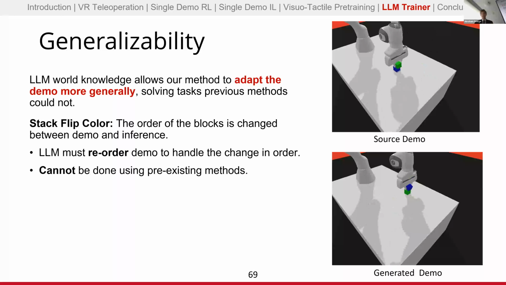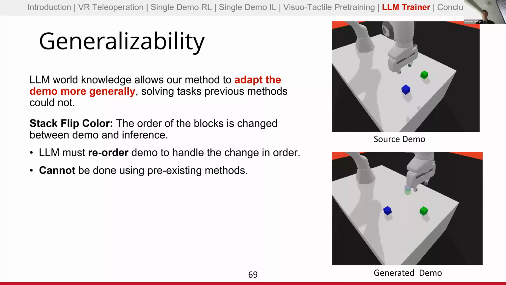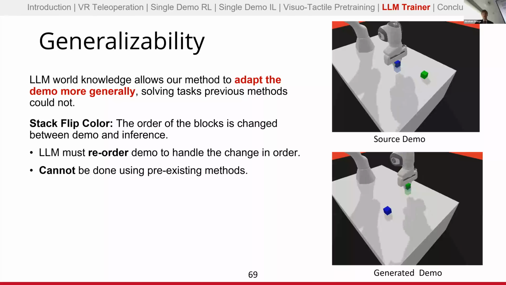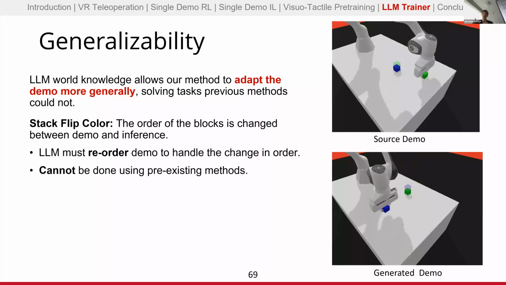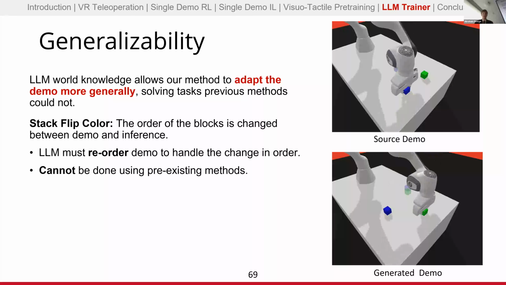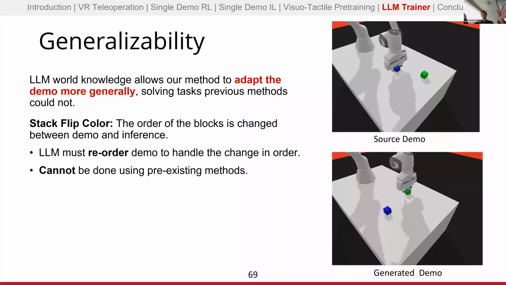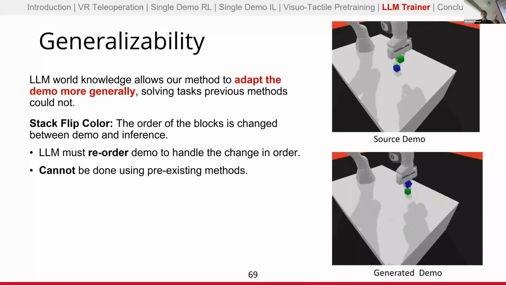Finally, we also wanted to examine generalizability here. And to do that, we looked at the specific task of block stacking where we flip the order of operations. So in the standard block stacking task, the agent always has the same color on the top and bottom. But now on 50% of the trials, the color is flipped. So the goal is to now put the blue block on top of the green block instead of the other way around. And the LLM is able to look at the initialized scene, notice that the shading of the goal regions has flipped, and therefore edit the way it generates that annotation.